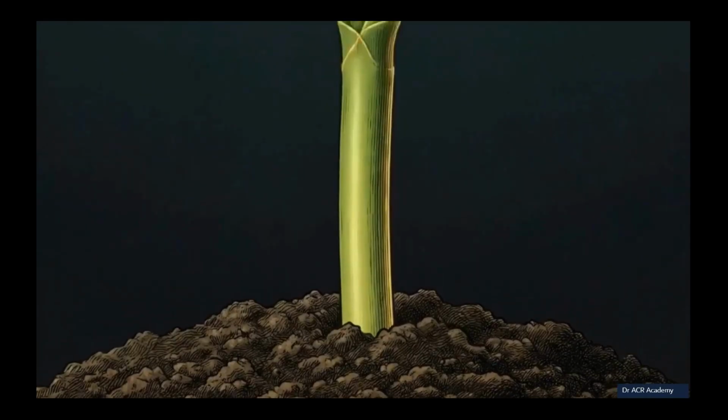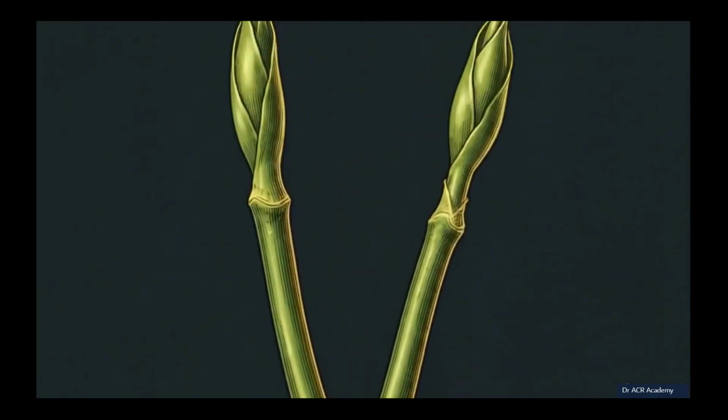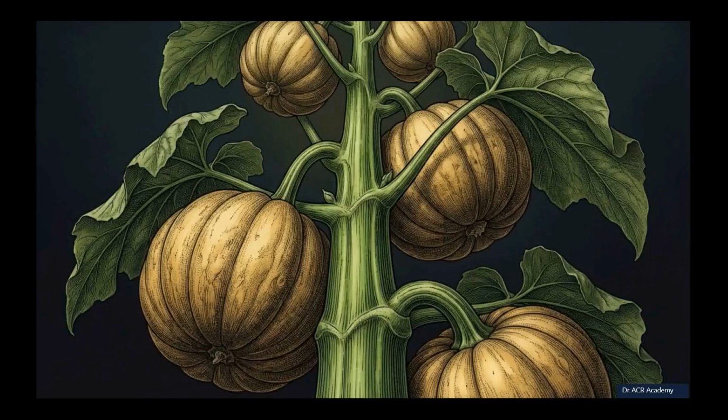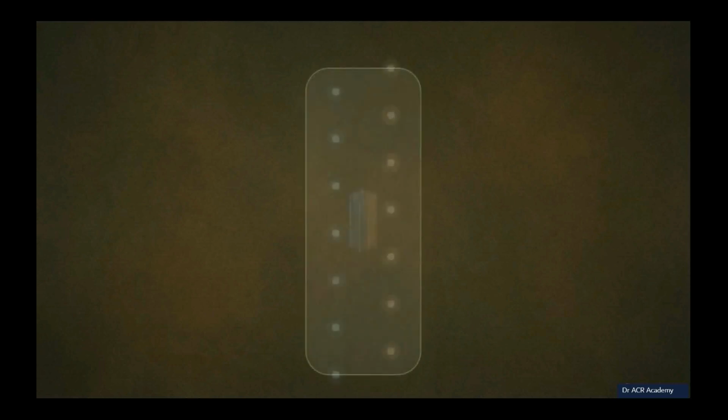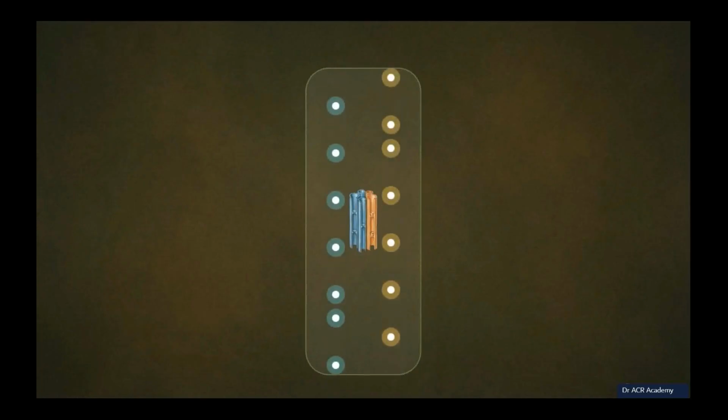Look at this shoot. It is allocating cellular resources to drive a vertical path, splitting into its first structural fork. A standard botanical stem operates through two baseline functions, structural support and vascular conduction. It acts as a physical scaffold, bearing lateral organs like leaves, flowers, and fruits against the downward pull of gravity. It also serves as the central biological highway, conducting water and nutrients between the roots and leaves through the xylem